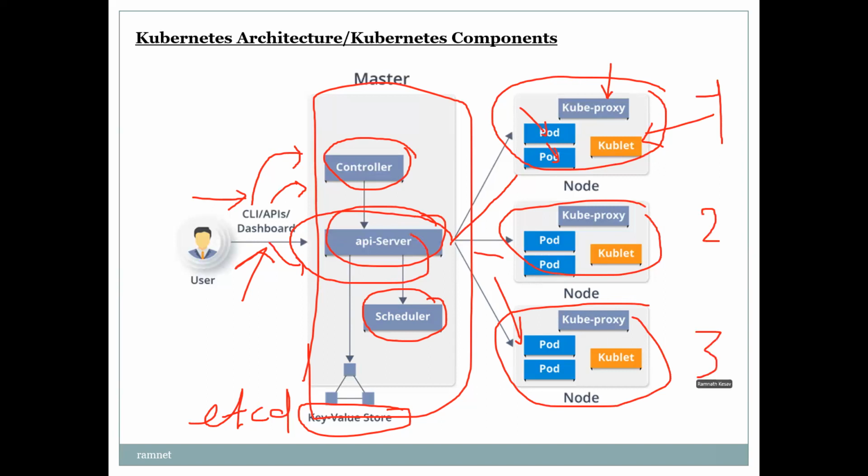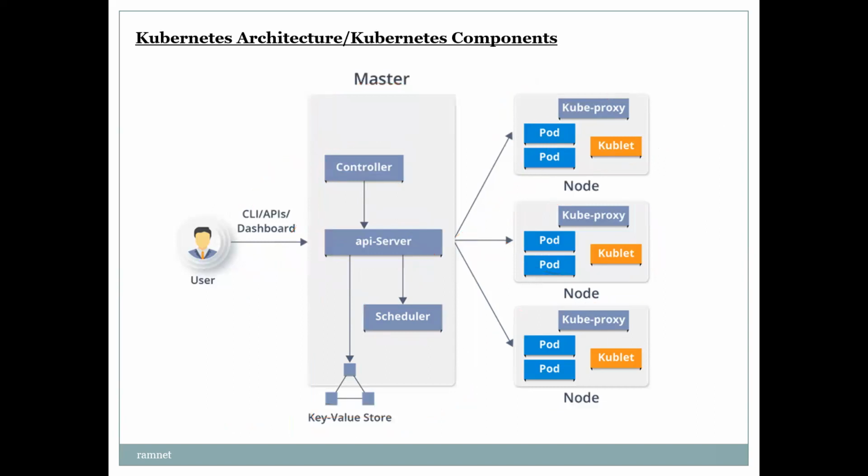This API server is going to do all the controlling: which worker node needs to be talked to, which pod needs to be contacted, how to schedule this, all these things. Scheduling is about configurations and other things to push and pull. These are all things the master node is going to do, and the command comes directly from the user. We will see them one by one on the next slides.